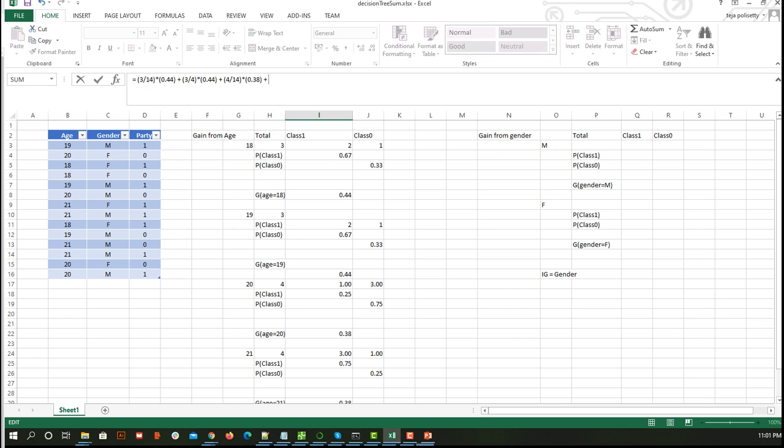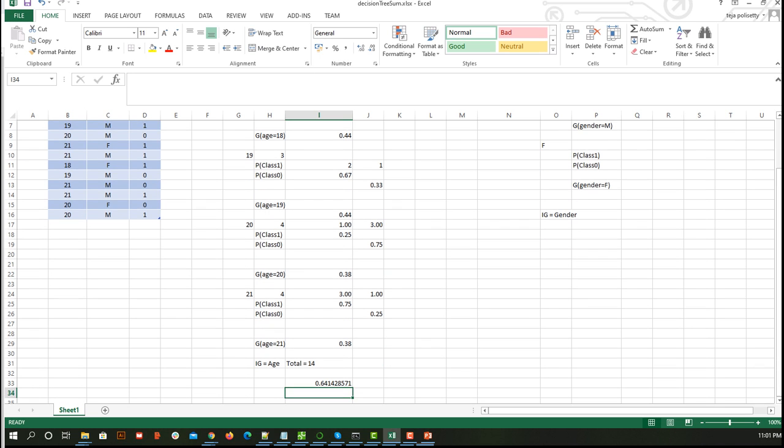Similarly for age 21 also I have 4 members out of 14, and the contribution is 0.38. So my value for this is equal to 0.64.